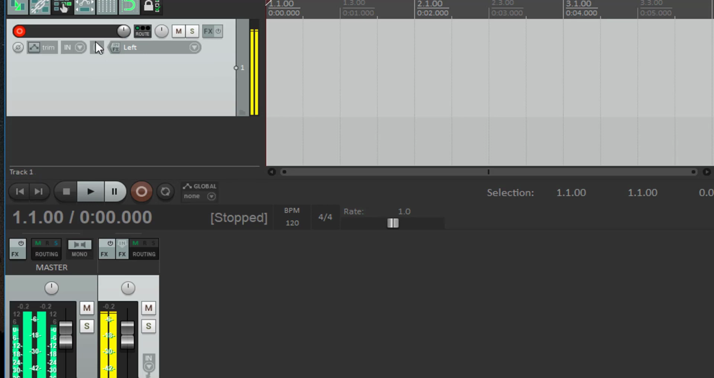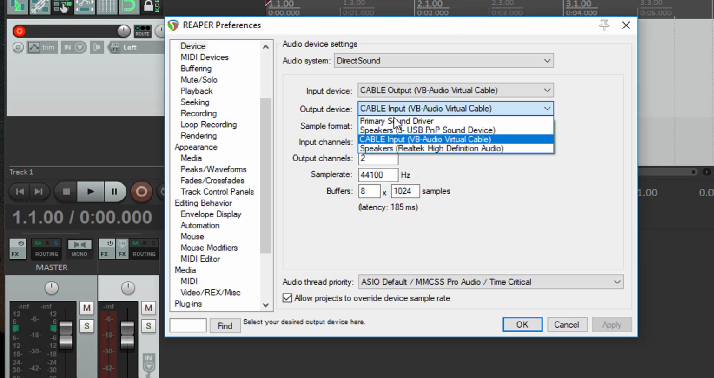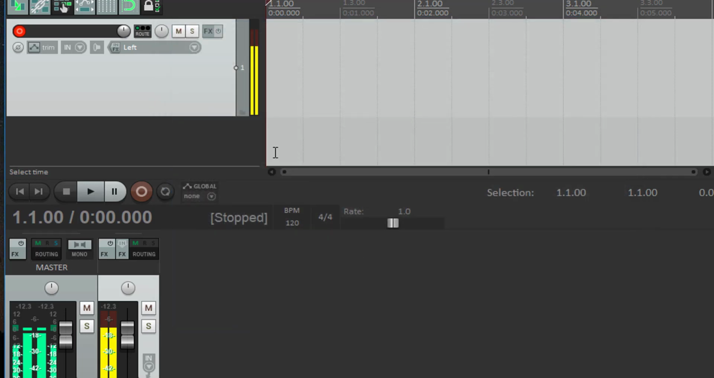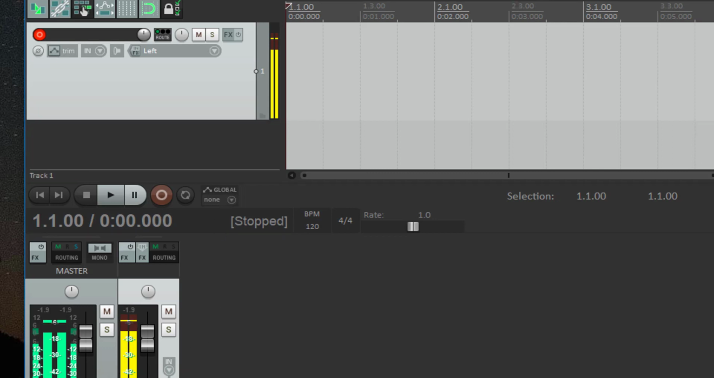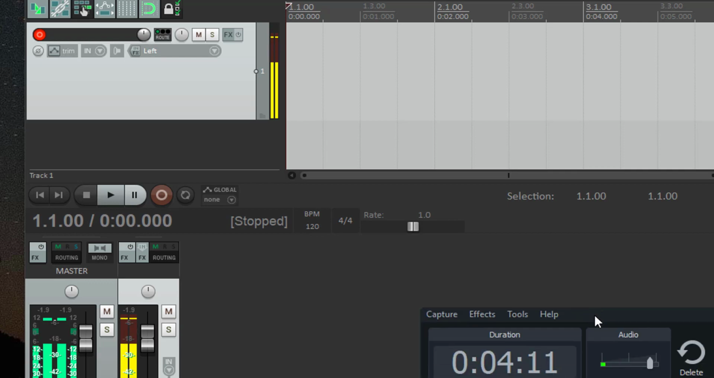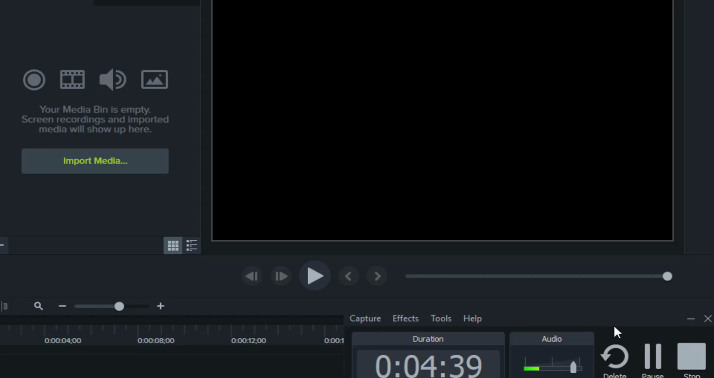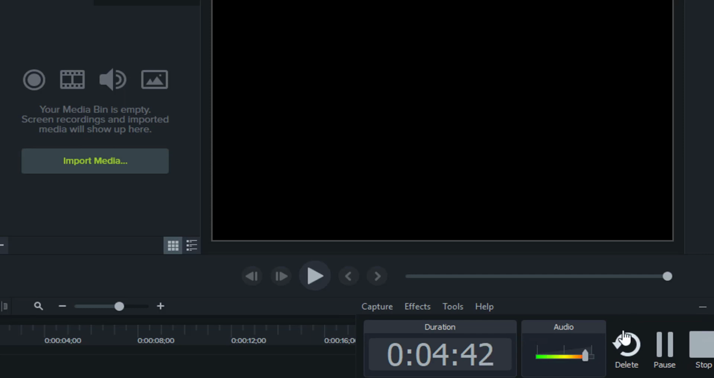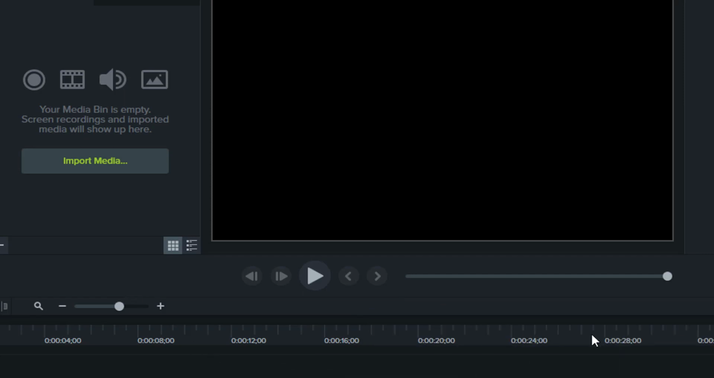You can click here to choose my output device. This one, yes, I can hear it now. And then going to Camtasia Studio, make sure you selected that virtual cable as the input of the microphone, and record the system audio as well. So when you record it,